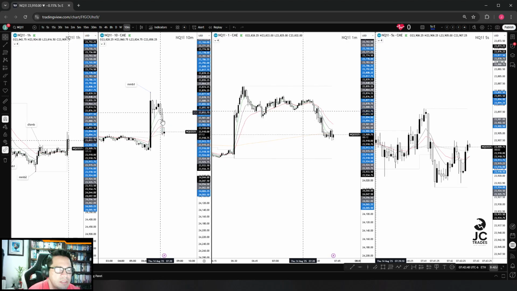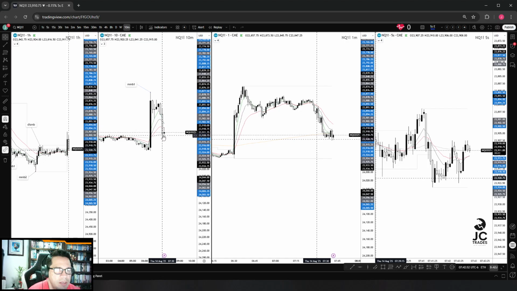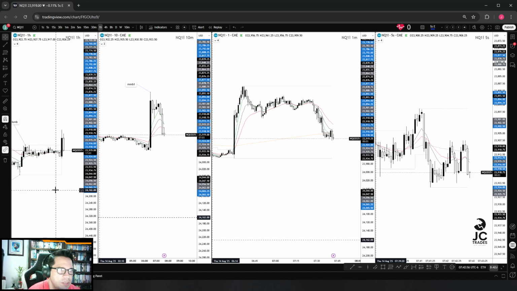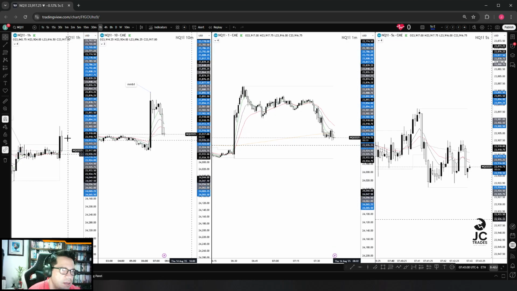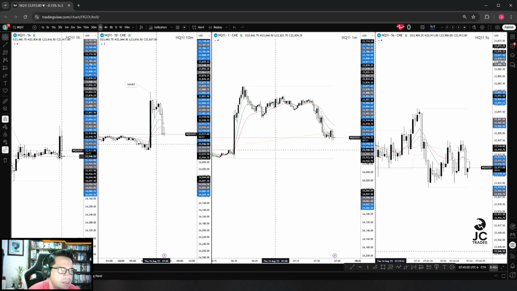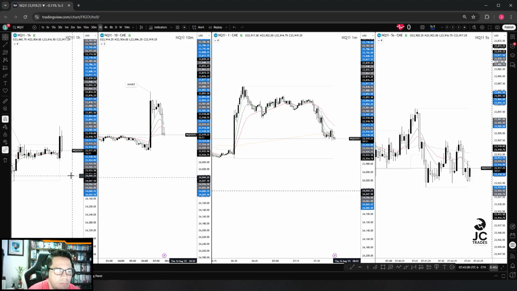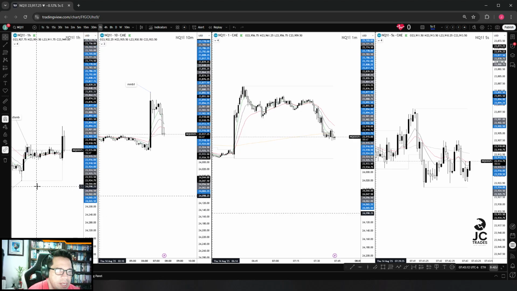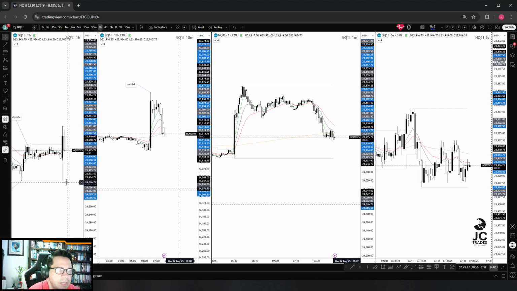We had this flush here onto the 20 EMA and a close below that, which, if we take a look here at the C2 time frame, is basically a comeback of price back to the EMAs. So this is where we are at this point. So based on our higher time frame, we could be at this point expecting sales